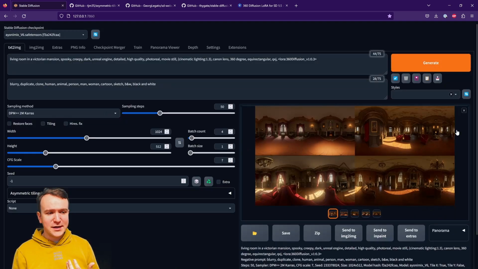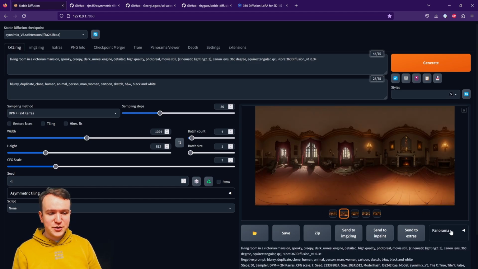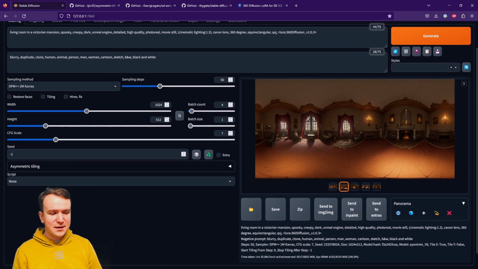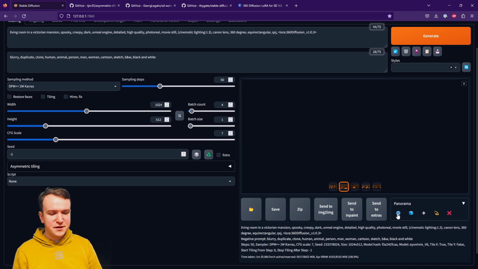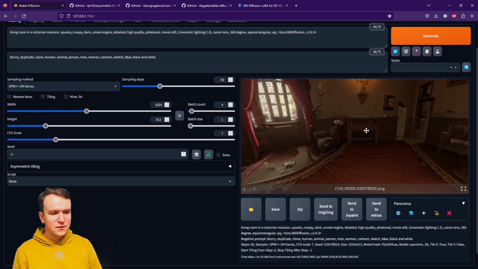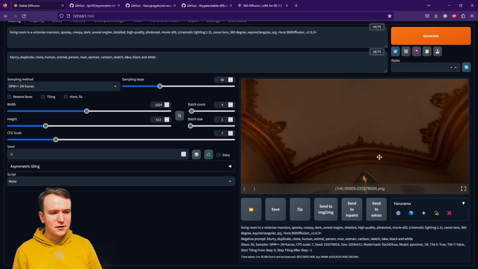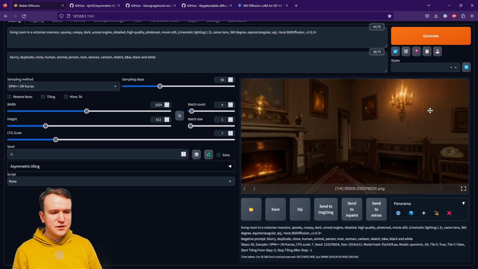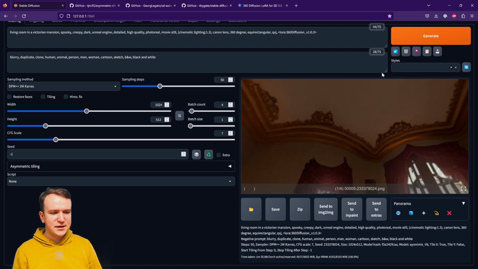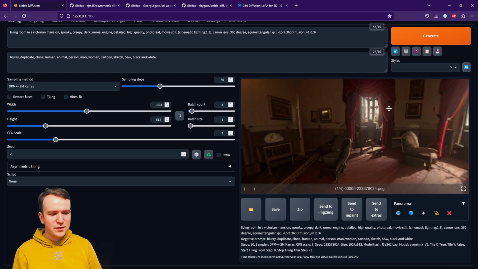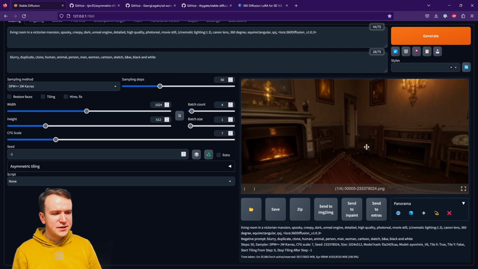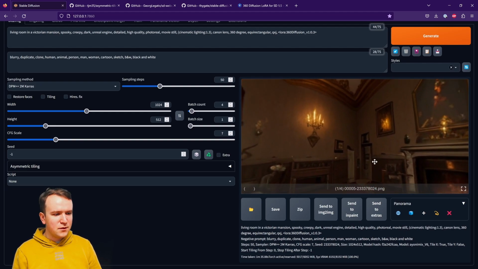And that's where our extension, the panorama viewer, comes in handy, where we select an image we want to view, open the panorama tab here, and press this sphere. And now we can actually spin around and look at the rooms as they are. Now you can tell there's some weirdness going on the ceiling, right? It's not really a rectangular room. That's just a limitation of this process for now. But you can tell much better what's happening here.